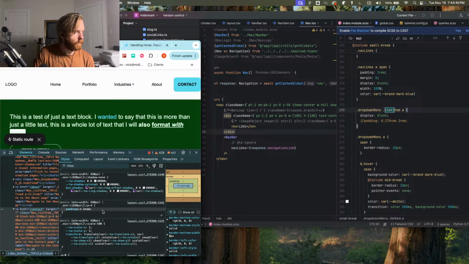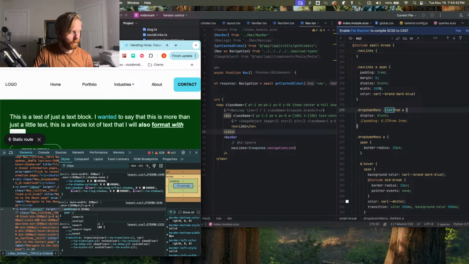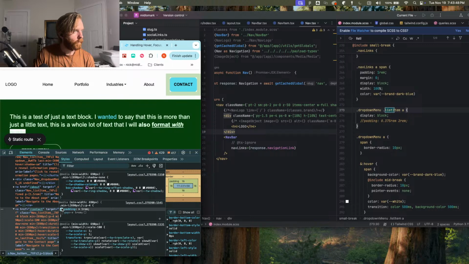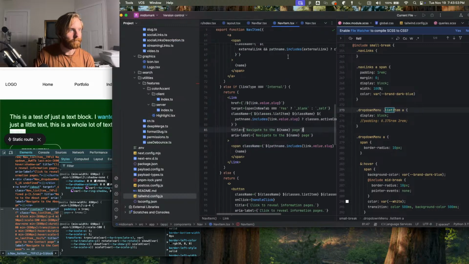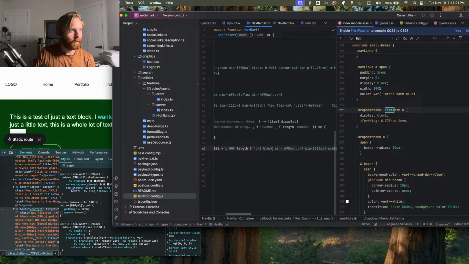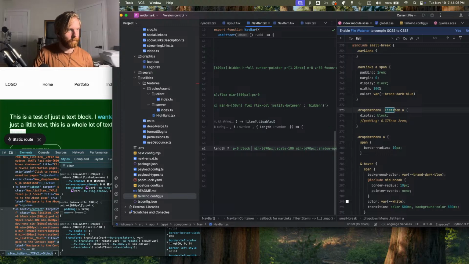What we'll actually do, we'll gap. No, gap won't work. All right, so padding of 1 rem. Where is that? No, it's right here. So if I get rid of this,